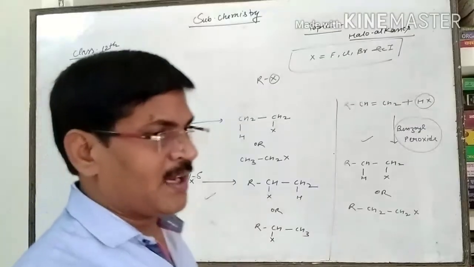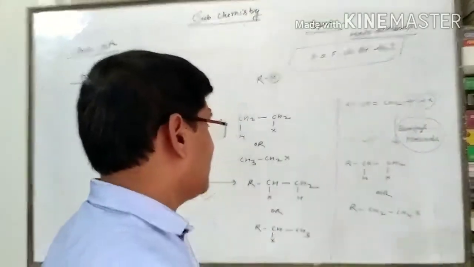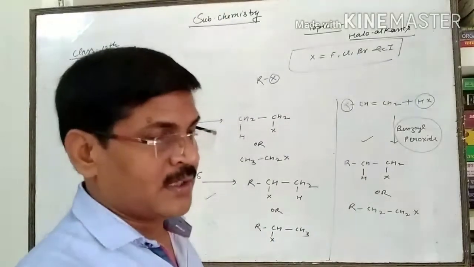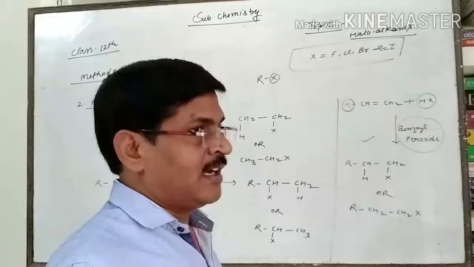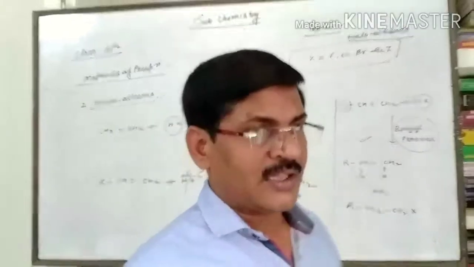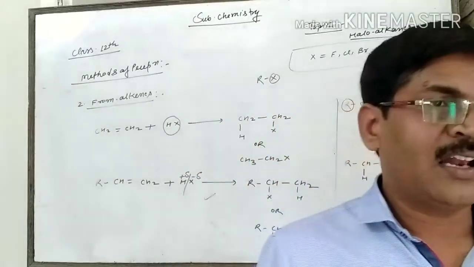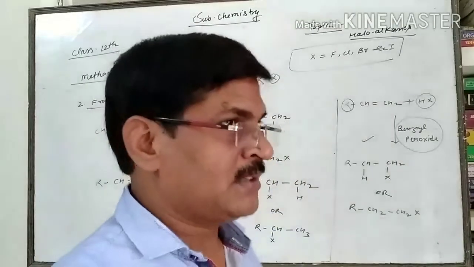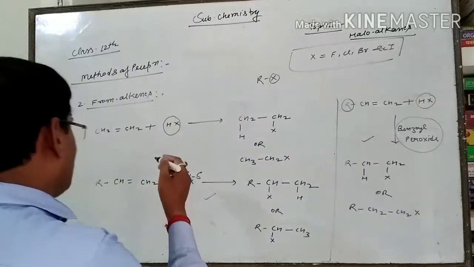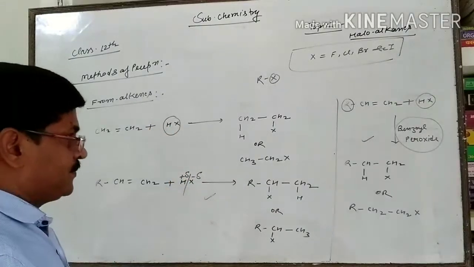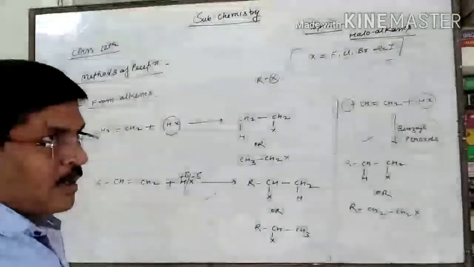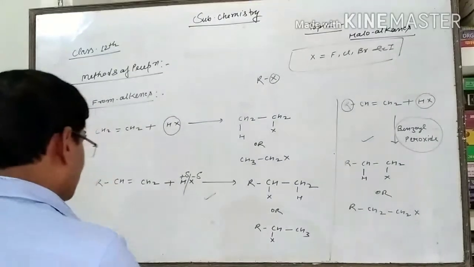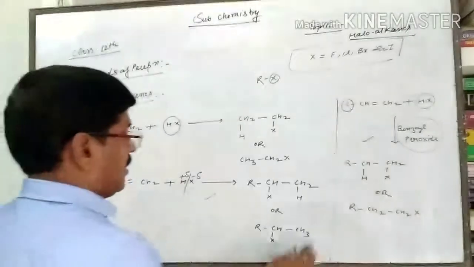And some more examples, all of you can write by placing in place of R: CH3, C2H5, C3H7, like any alkyl group. It means all of you can easily prepare alkyl halide or haloalkane from alkenes with the reaction of hydrogen halide or halogen acids, by following the Markovnikov and anti-Markovnikov rule. After that, suppose I take the next method.